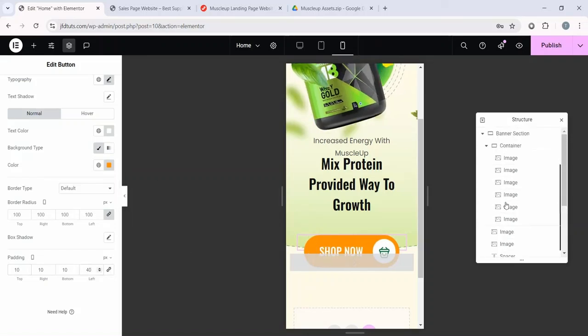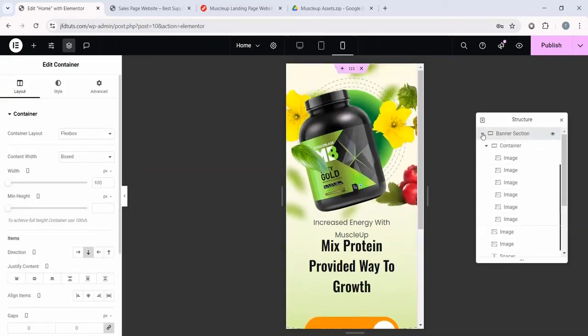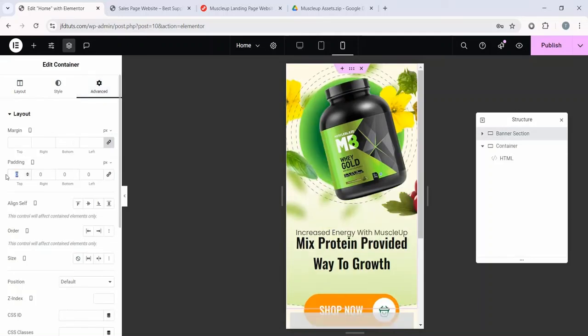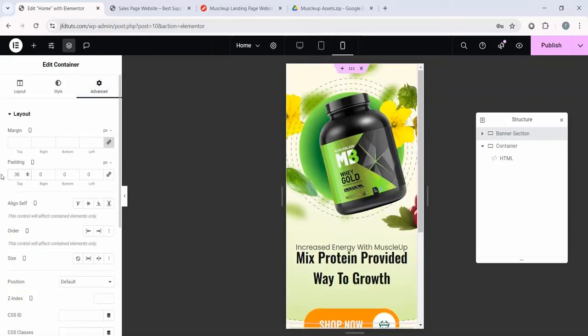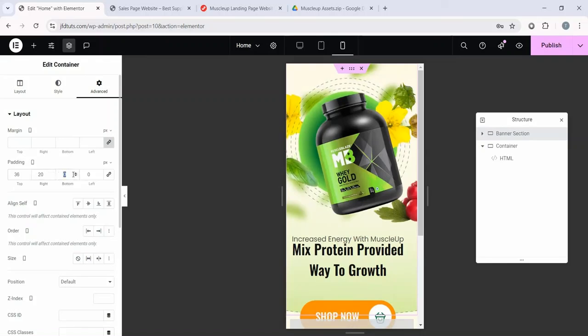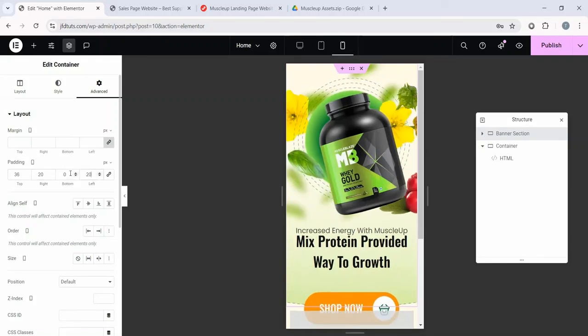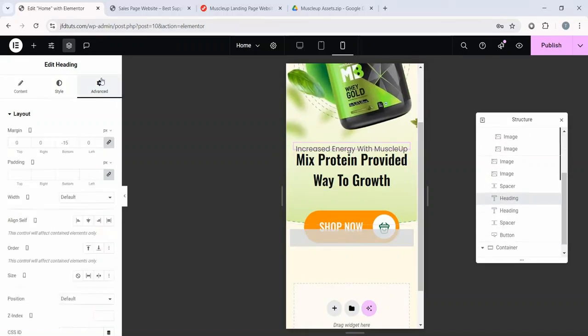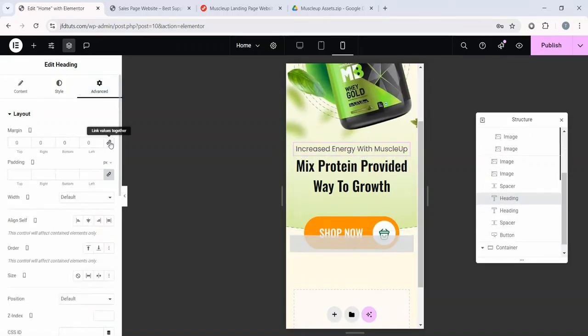And finally what I'm going to do is select this banner section, this whole banner section, and from the advanced tab, let's unlink the padding and 36, 20, 0, and 20 pixel. And here I feel like this text needs some space between, so from the advanced we can unlink this and